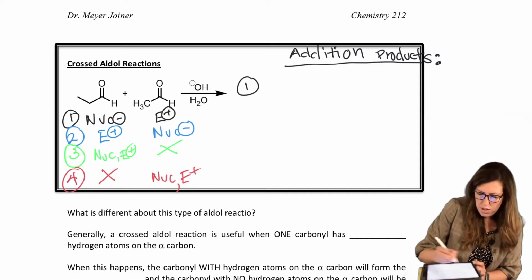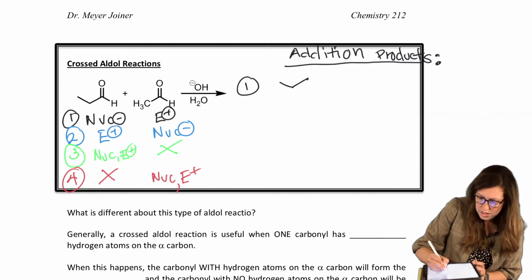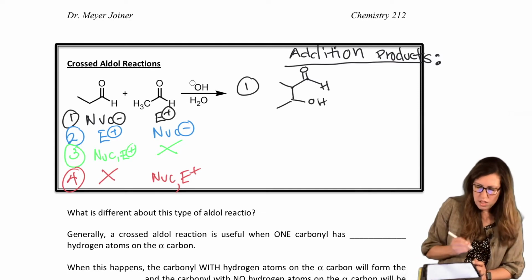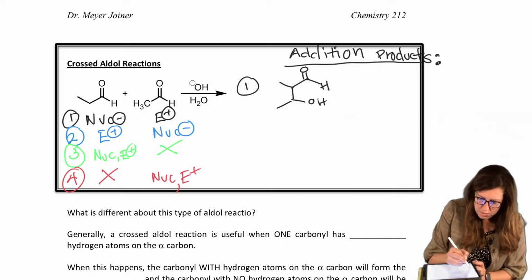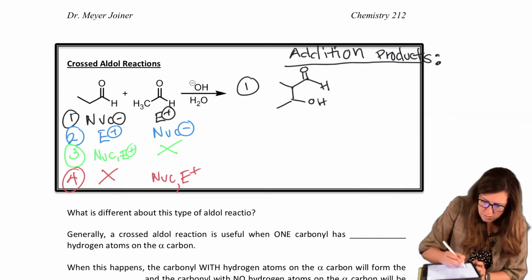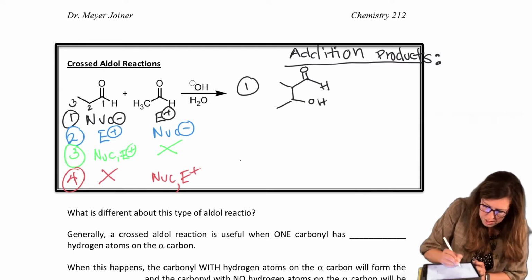So in order to draw that, I'm going to draw the nucleophile intact because it did not open up a bond. It made a new bond right here to this carbon that's now going to have an OH instead of a carbonyl. Okay, so if I track my carbons, which is always helpful to do, let's number these 1, 2, 3, 4, 5. So I have 1, 2, 3, 4, 5.